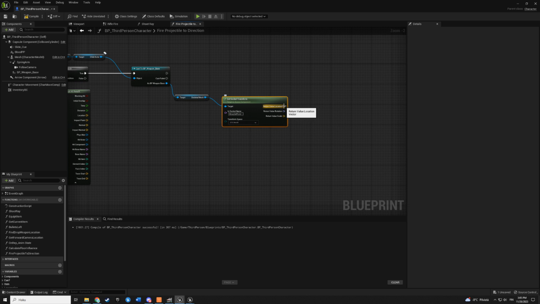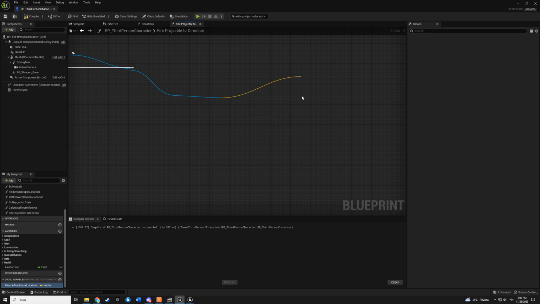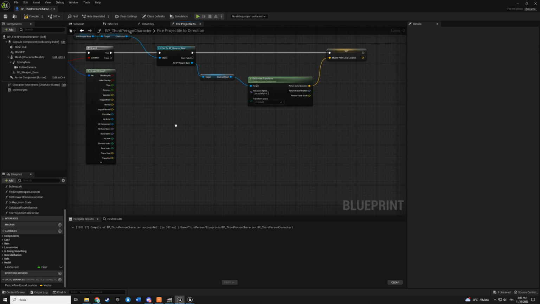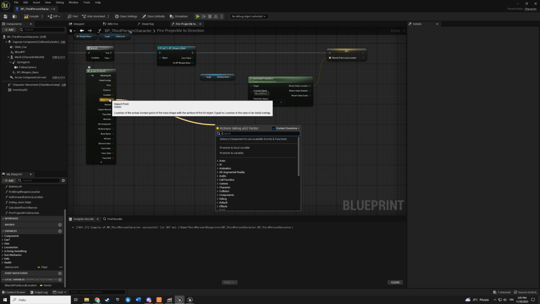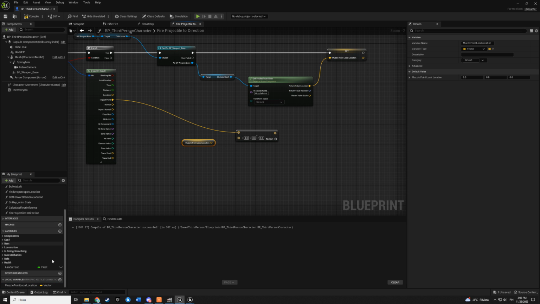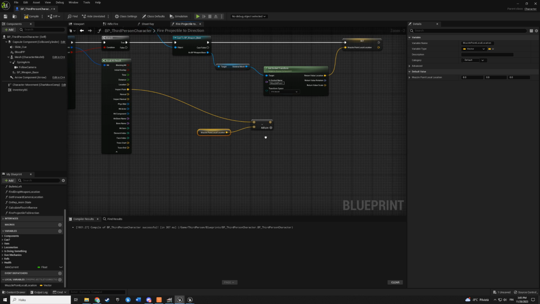We can actually make a local variable of this location. So muzzle point local location. Then connect that. Then what we need is the impact point, and this is the location of the actual impact point. So we need to subtract it like that, and we are subtracting it from the muzzle point location. So this local variable here. Local variables, by the way, are only in that function. You can't call those in other functions. So we subtract it here.